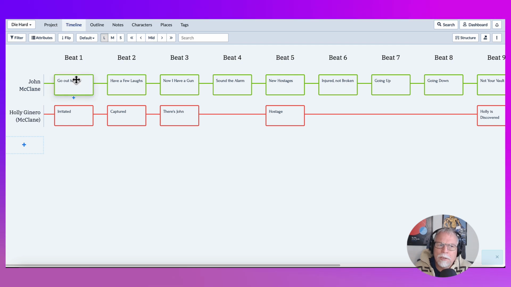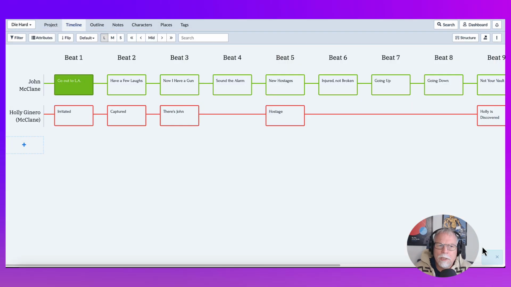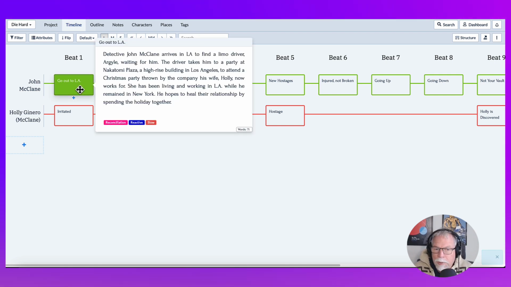Now, the way I use color in these scenes myself is I use this to indicate the stage of editing. So if I am in the process of writing this, I use blue. If I'm in the process of editing, I use yellow. And when I'm done editing, I change it to green. And you'll notice that then it's green on the timeline, and that tells me that I have completed the editing